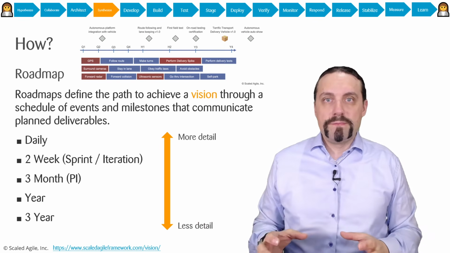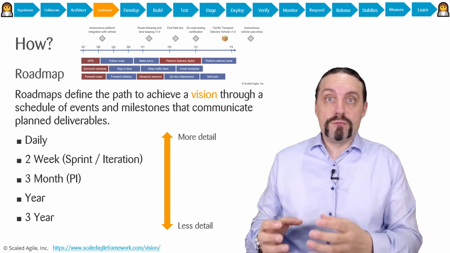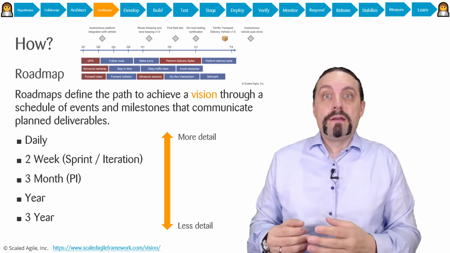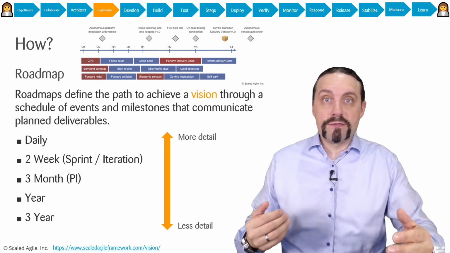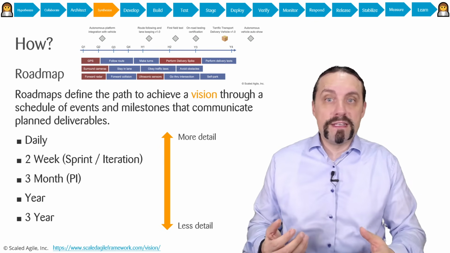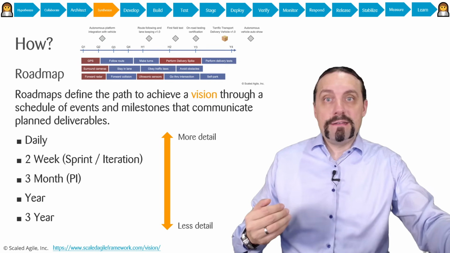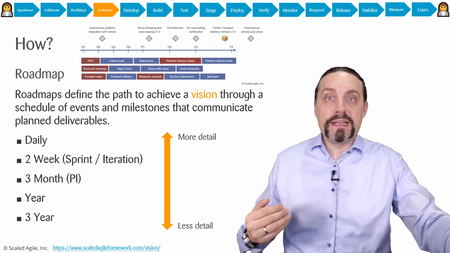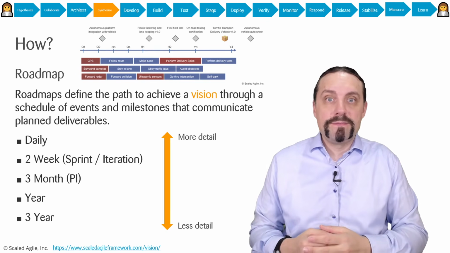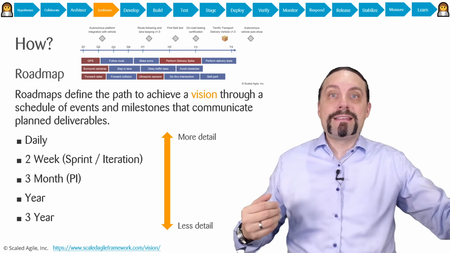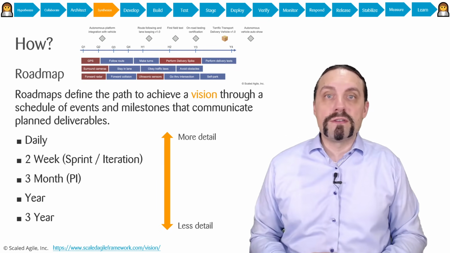A roadmap is very detailed when it comes to what we are doing today. It gets less detailed, of course, for the sprint or the iteration, which is roughly 2 weeks. And then we have also a less detailed roadmap for the next quarter, for the next 3 months, or for the next program increment. And then again, it gets less detailed for the year and, of course, for the 3